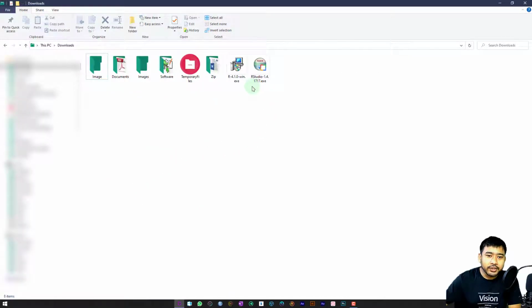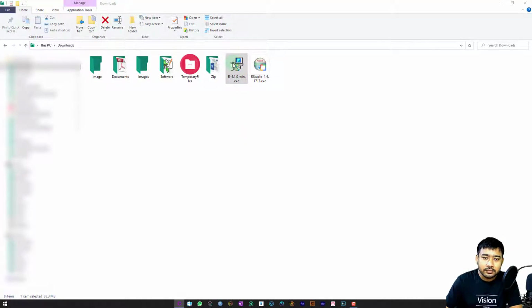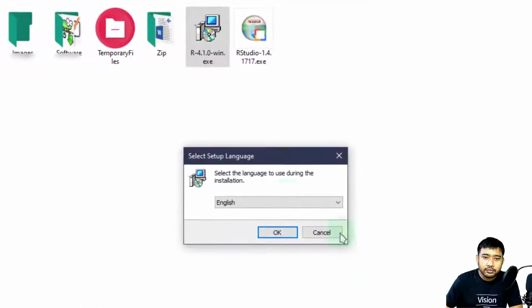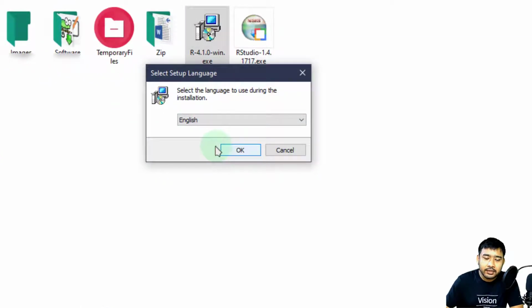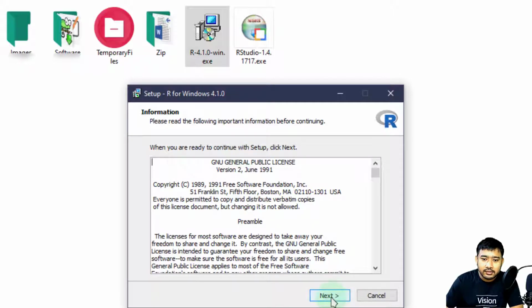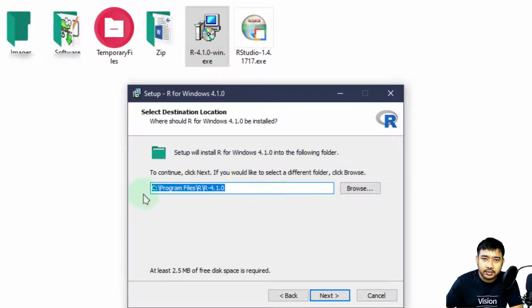So we have finished downloading both R and RStudio. So once your download is complete, I suggest that if you are setting up R and R programming for the first time, you should install R first, then RStudio, right? So I will double click on this R 4.1.0 exe file. Once you double click on it, it will start the installation, right? So the default language, I am choosing English. Next, and this is the default location where you should install R, that is C program file R 4.1.0,